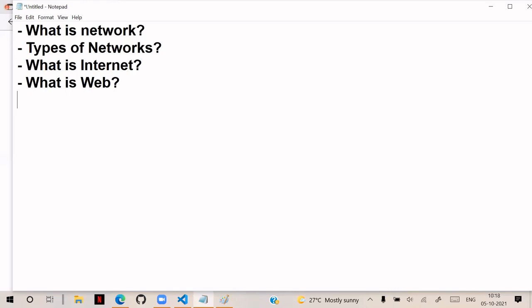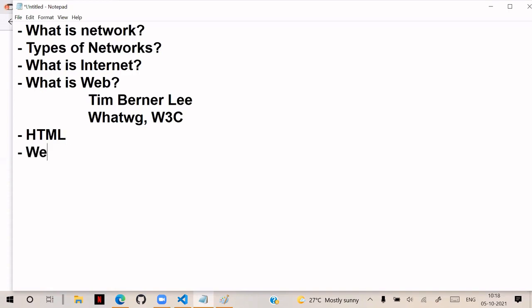Who introduced the concept of web? Tim Berners-Lee. And who is maintaining the standards of web? WHATWG and W3C. These two are maintaining the standards of web. And what is the language used for web? The language used for web is HTML. So you need to know these important terms. So that means first you need to have a clarity what is difference between internet and web, right? Next, after understanding that, now you need to understand some more